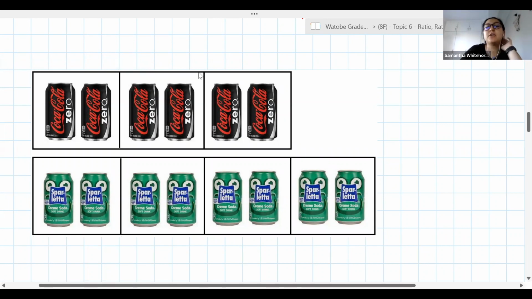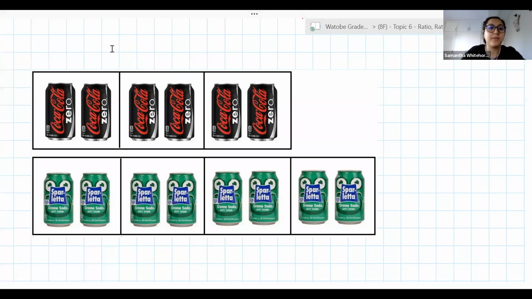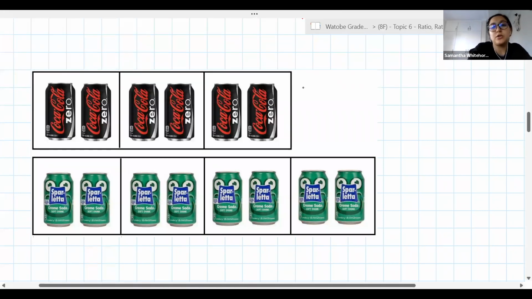Alrighty, guys, so if we have a look at this again, we've got a picture here and we've got Coke Zeros. We can see that in total, we have got 6 Coke Zeros and we have got 8 cream sodas, whatever you call them. I don't know, I call them cream sodas. Right, so